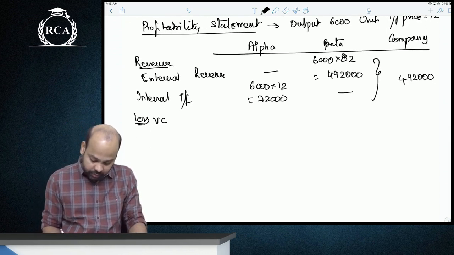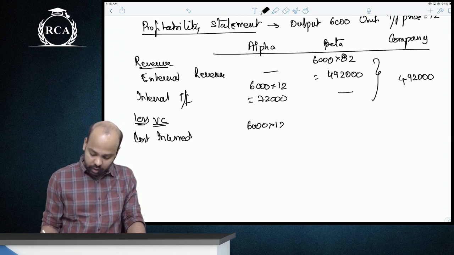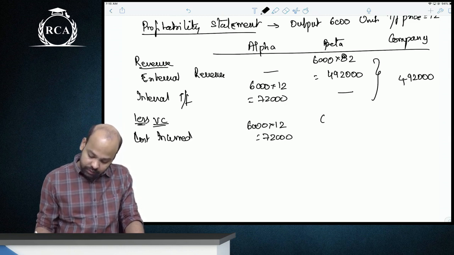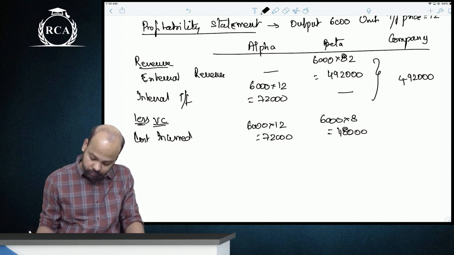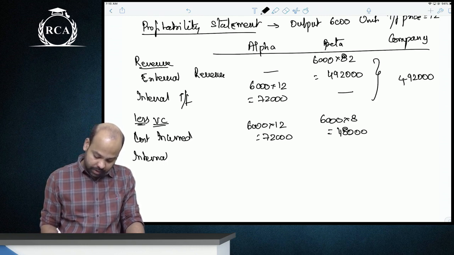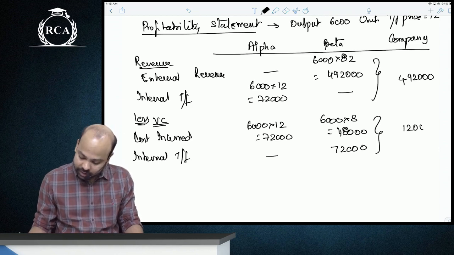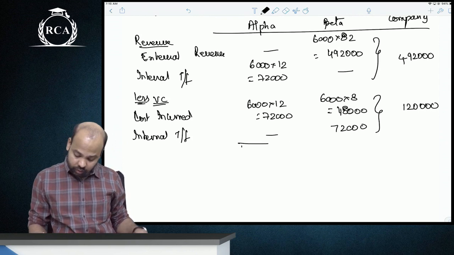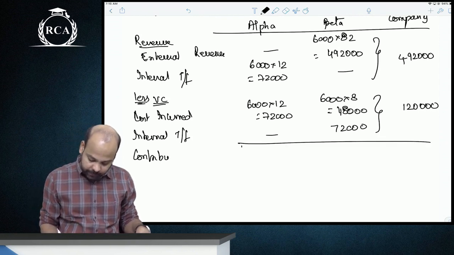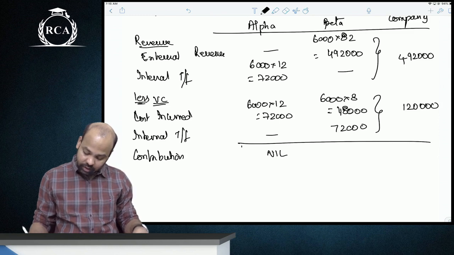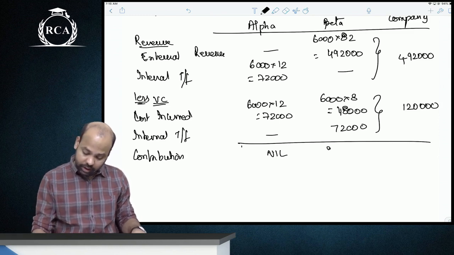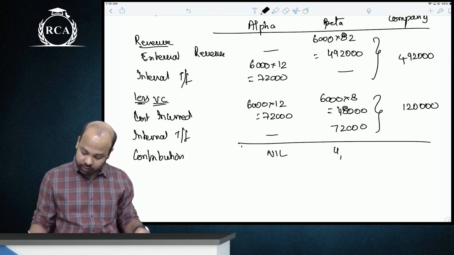Less variable cost, your external cost, or cost incurred excluding internal transfers. This division would have incurred 12 rupees only. This division would have incurred 8 rupees, excluding internal transfers. Internal transfer apart from this is 72,000. So the overall company is incurring a cost of only 1,20,000. Now you talk about contribution, guys. Contribution of division alpha is obviously 0, and here they are making a contribution of